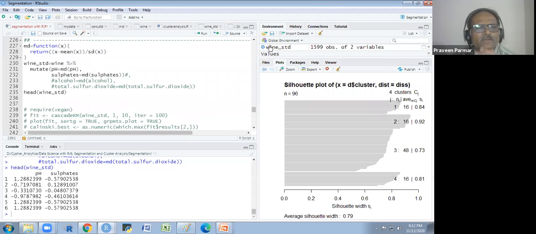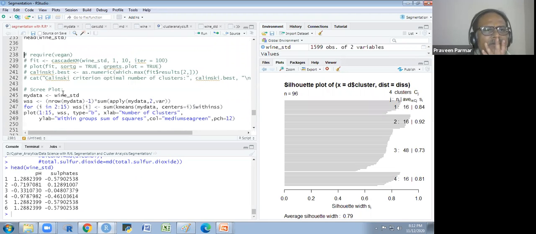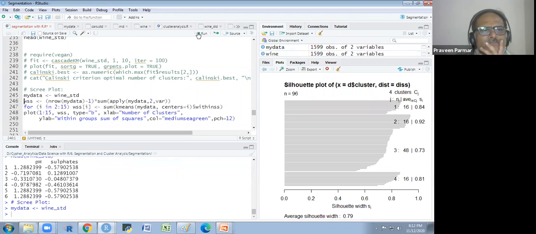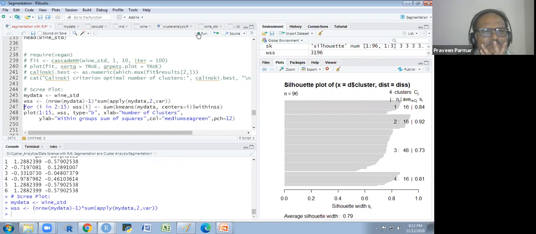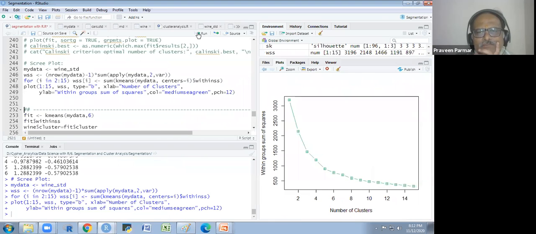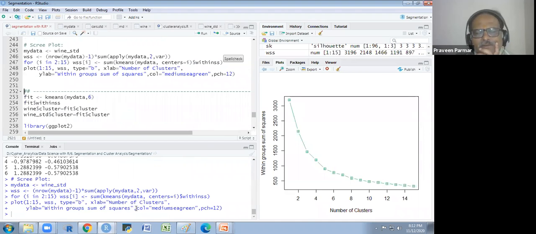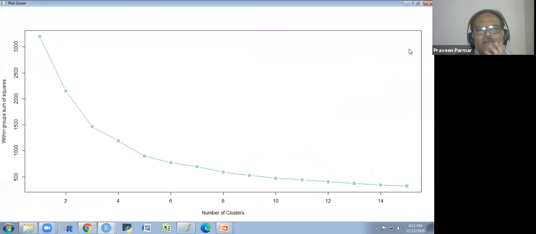You see we have the same scale now, and I'm converting them as my data, and I run that same thing which we have run over there, and you see this scree graph. If I show you this scree graph, how many clusters would be there? We are taking 6. We could take the 5 also or the 6.